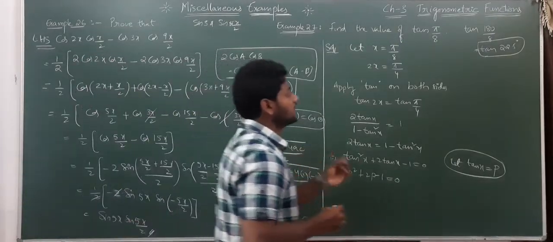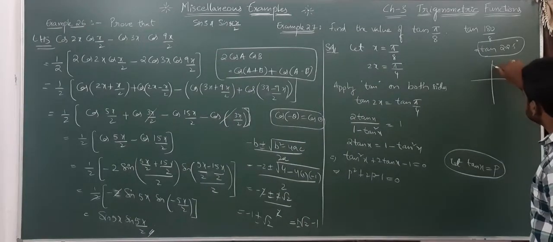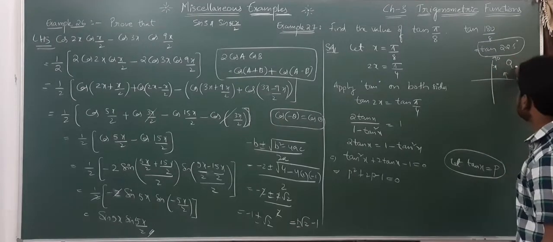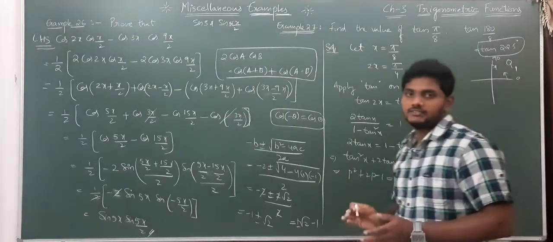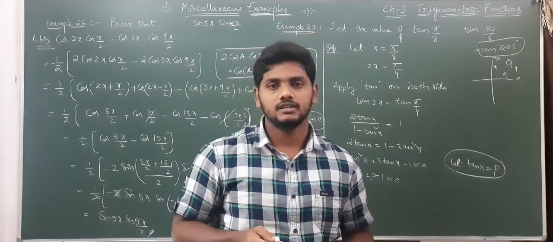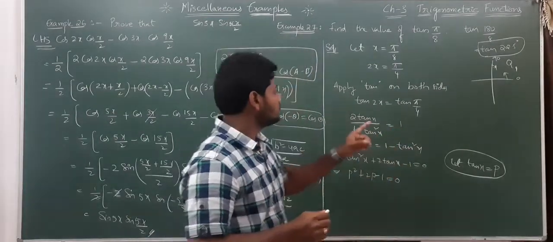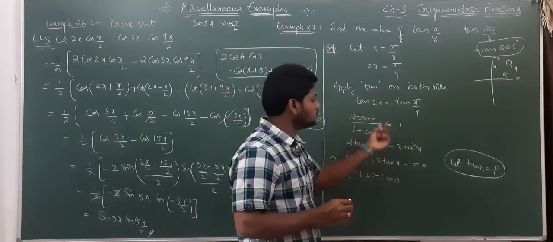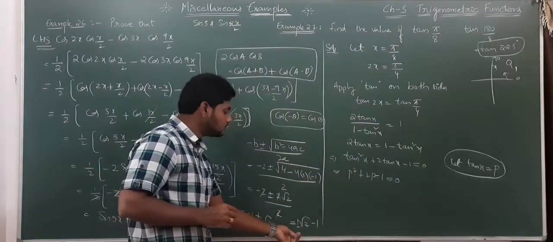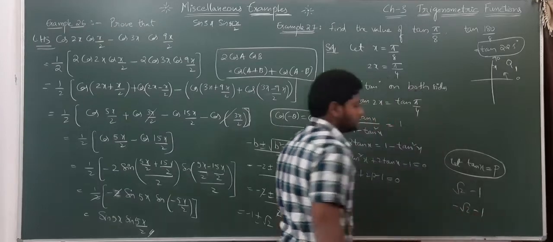But as we are finding tan 22.5 degrees, it is in between 0 degrees and 90 degrees, nothing but the first quadrant. If the angle is in the first quadrant, is tan negative or positive, you tell me. All trigonometric functions are positive in the first quadrant, right? So that means whatever the value may be, it should always be positive. Why? Because it is in the first quadrant. But here what values did we get? One value is root 2 minus 1, another value is minus root 2 minus 1.